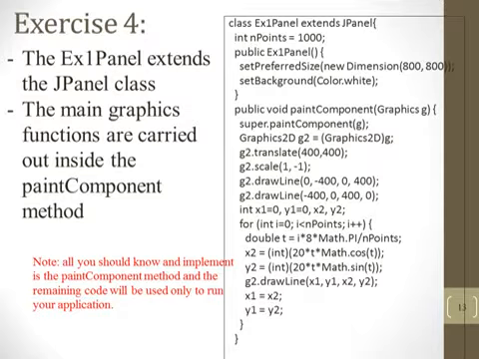as it is in the graphics. Note that all we should know and implement in this is the paintComponent, and the remaining code will be used to run the